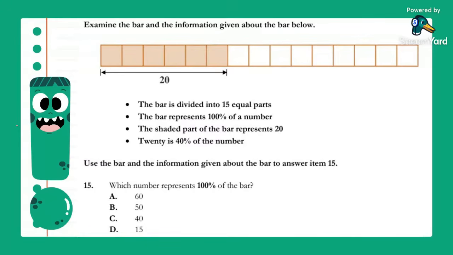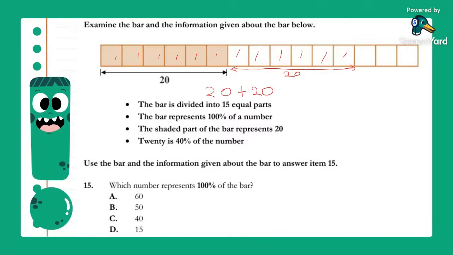Now let's go through here. Someone says 1, 2, 3, 4, 5, 6 is 20. So it means then that if 6 is equal to 20, we can count out another 6. 1, 2, 3, 4, 5, 6. That means from here to here is another 20. I'll start by adding these 20 plus this new 20.